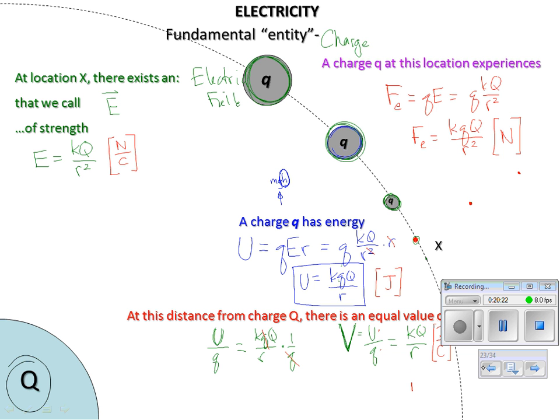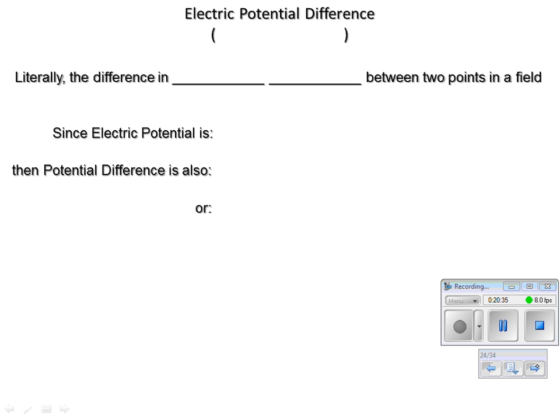Because we're a different distance from the charge Q that makes this field. So from here to here, we say there's a difference in potential, and that's what we refer to as potential difference. Now that has another name, and it's called voltage,